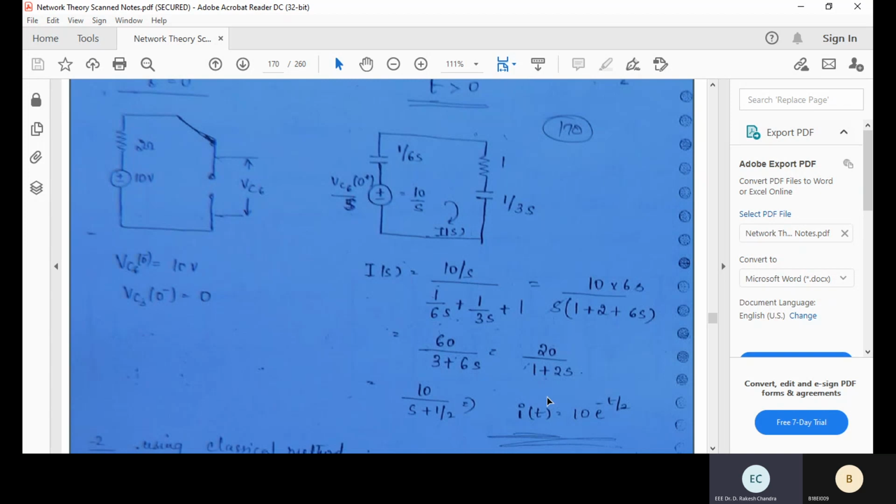Your ultimate intention is to find the current response, the current flowing through that particular circuit. For that you can use any technique, but this technique is more efficient, more user friendly, more simple to solve. Both techniques can give the same answer. So finally you can convert into the s domain and find I of s, but ultimately what do you require? Current response, I of t. So you have to evaluate